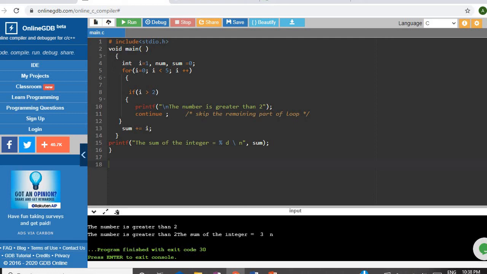Similarly, when I is equal to 3, it goes into the if statement and prints the number is greater than 2 and encounters continue. When it encounters continue, it goes back to the for loop and increments I to 4. Now again it prints the number is greater than 2 and goes to the continue statement. Again I becomes 5. Now the condition is false, it comes out of the loop and prints sum as